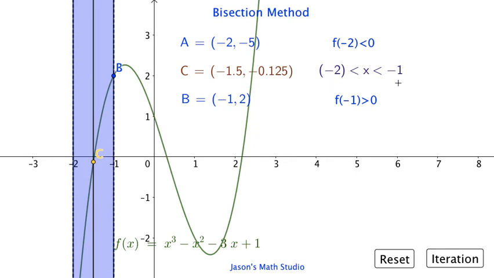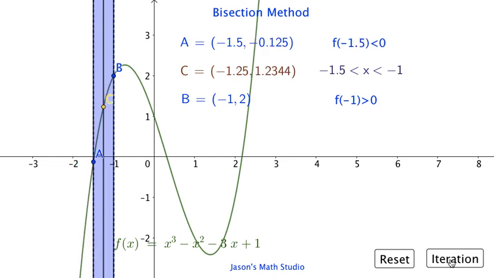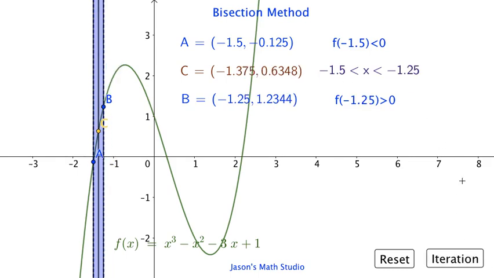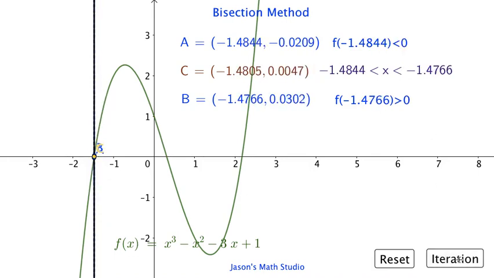And then we divide this interval in half, and we find that the root is between negative 1.5 and negative 1. Continue this process. The interval is becoming smaller and smaller. After several times, we can say that the first three significant figures of the root of this function are